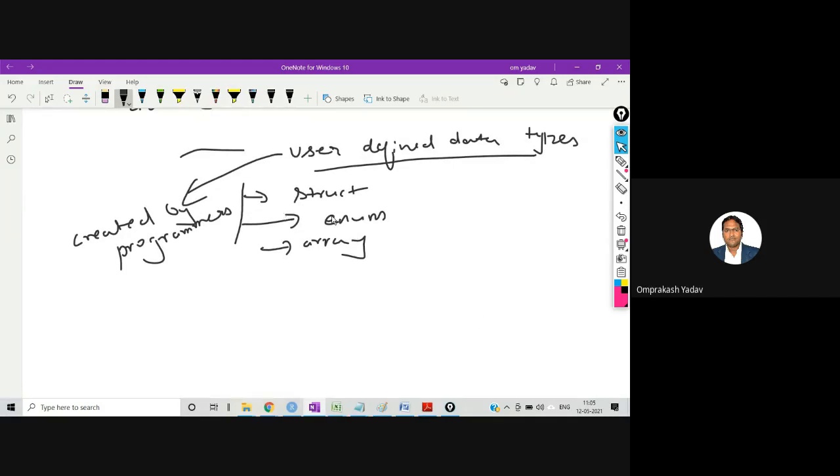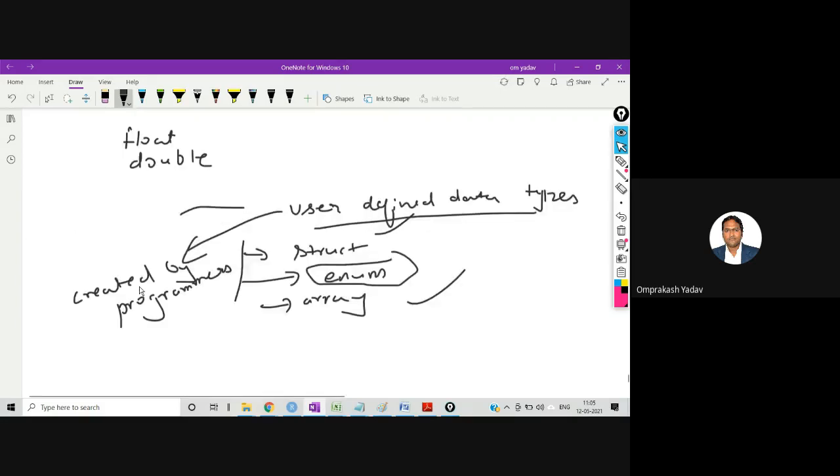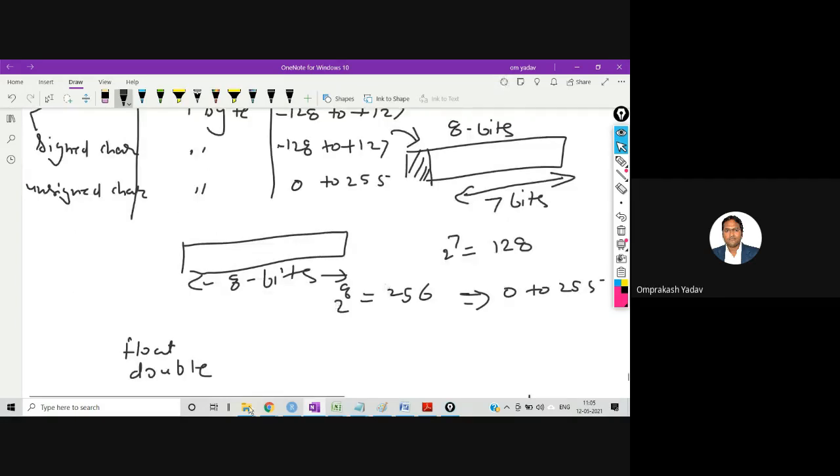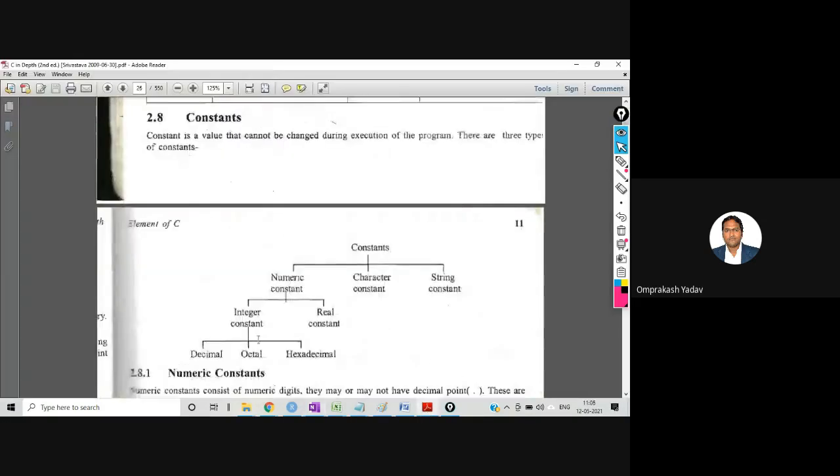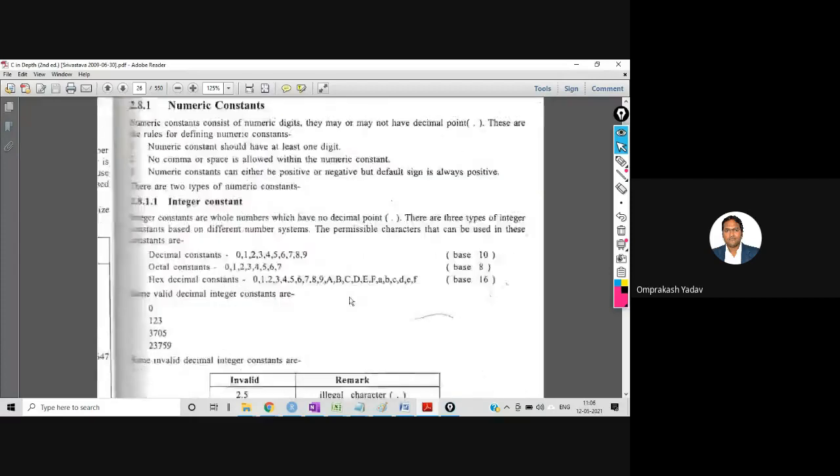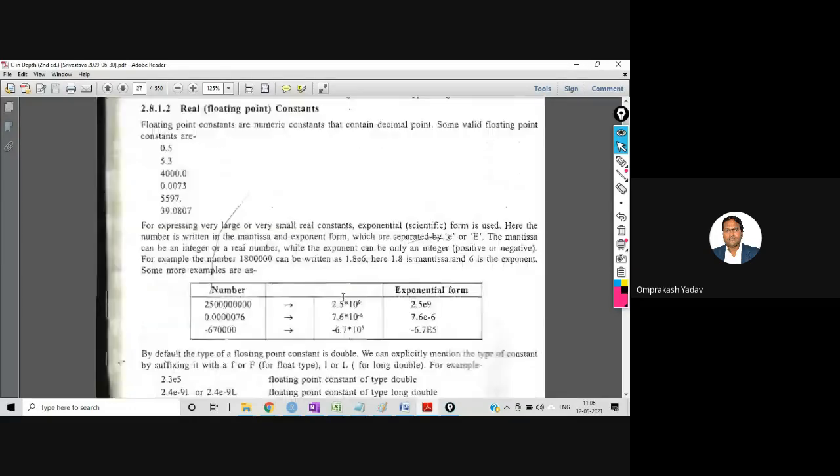Once we go ahead and write programs, we'll come across all these things. There is even a separate chapter on structures and arrays, and we will also see an example of enum when we do the programming. So this is about the data types. Let me show you all these things we have covered.